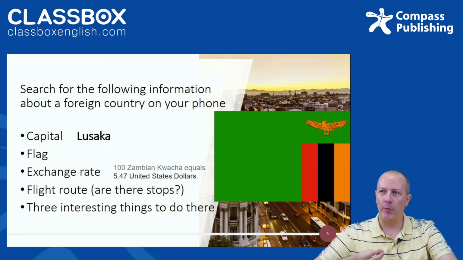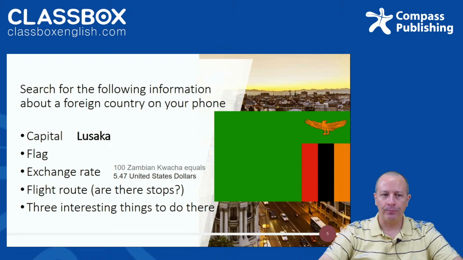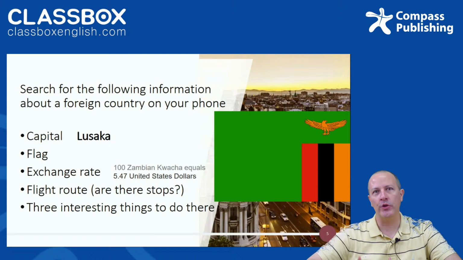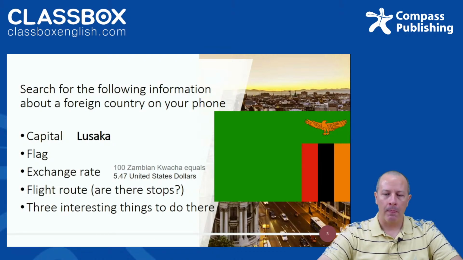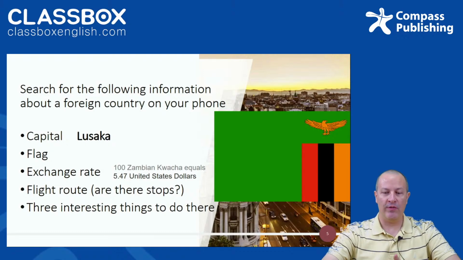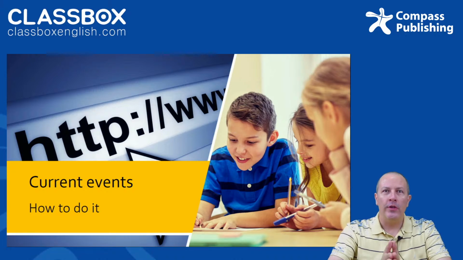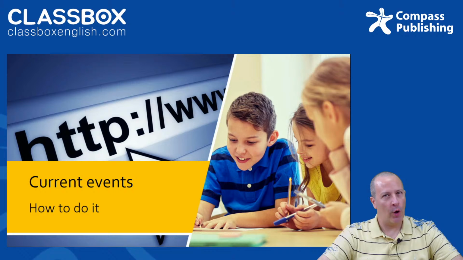Now you've got a little information gap thing going, you've got communication happening at the table, very basic, very simple, you've scaffolded it, it's on the board. What is the capital of? What does the flag look like? So you can either give them that language, or maybe if their level's a bit advanced, they can do that on their own. So this is a fun kind of thing. It's very useful for them to get some cultural knowledge, some geographic knowledge, to get them interested in other parts of the world, and they're all hopefully doing the searches in English. So that's what we want to try to get them to do.